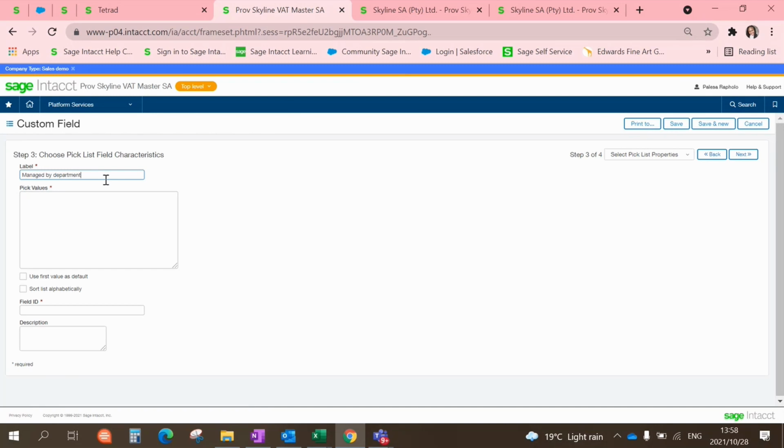I want you to look at it this way. If I click on enter, my field ID auto-populates. So this field ID is how your custom field will appear on that journal input screen. Okay, so now your pick values, what do you want to see on your drop down list? What do you want to see? So I'm just going to randomly